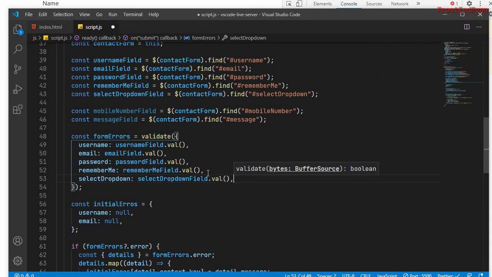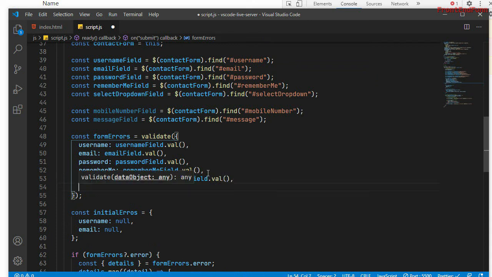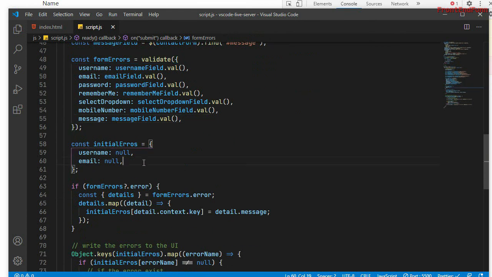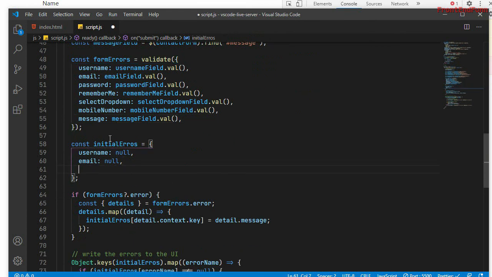so I'm just passing the values from the inputs to the validator function here. Okay, mobile number field dot val, and finally message field dot val. Okay, so let's add the initial values here. So I'll just copy all these things.